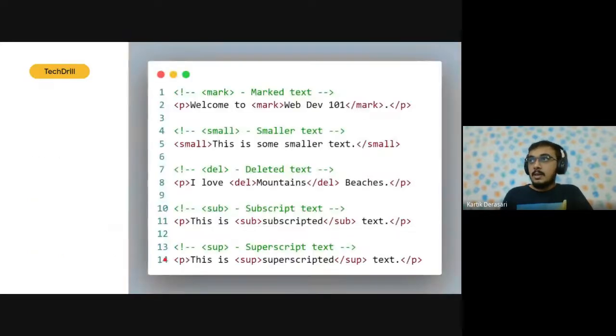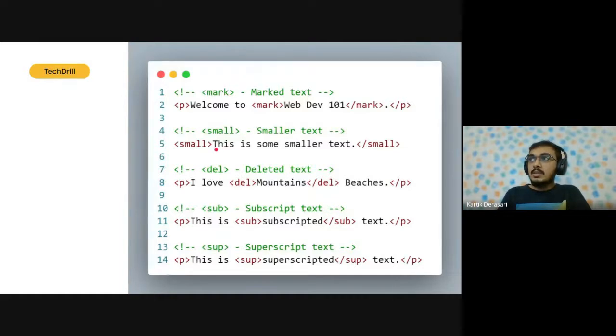And this is how we can write the code. For an example, okay, I see you want to see the demo. Sure, we'll see the demo very quickly. Let me just complete this part, and then we can see how it looks in the browser and how it looks in the code. Whenever we want to use mark, it is also an inline element, so we can place it inside a paragraph tag or h1 tag or any kind of tag.